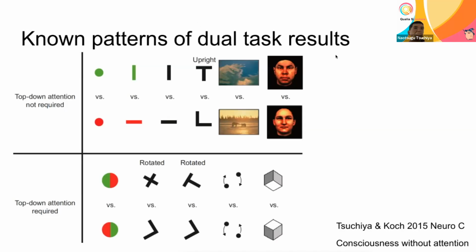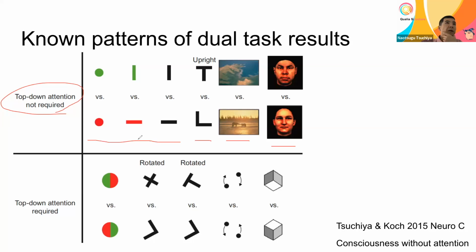Yeah, one possible interpretation of this result is that the upper row of these tasks that do not require attention may be the kind of tasks that are either evolutionarily very important, like face gender discrimination or animal detection, or trained a lot throughout life, like upright T and L discrimination, or elementary feature discrimination, such as red-green or vertical or horizontal. And this is actually a conjunction, and this is a bit difficult to